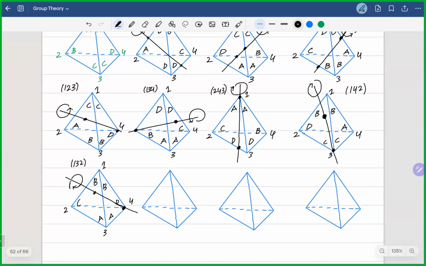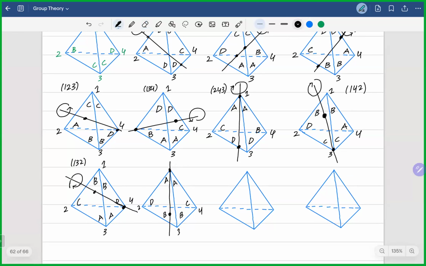And similarly, we have from here to here, we keep B here, B here, C here, D here, A here, A here, 1, 2, 3, 4, and we move this in this direction, edge is this one, and 2, 3, 4. Similarly, we have 1, 4, 3, 2, and now